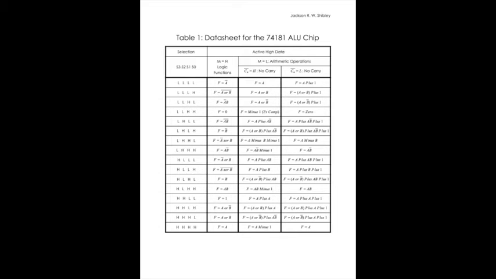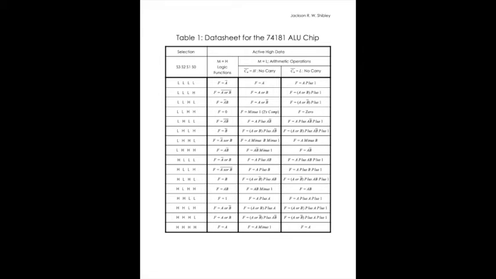Well, firstly, the logic functions are the 16 possible Boolean functions. There are 16 possible Boolean functions because if the function F of A and B has 1-bit inputs, then there are 4 rows to the truth table. Therefore, when extended from 2 to 4 bits, there's exactly 2 to the 4, or 16 logic functions for the ALU. The 16 functions are selected by the S0 to S3 inputs.